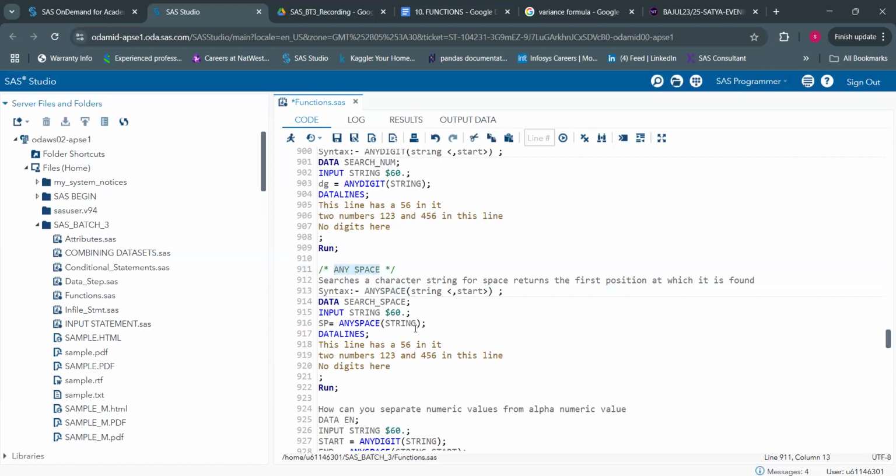Next one is ANYSPACE. It searches a string for a space and returns the first position at which it is found. For example, the first position of space is